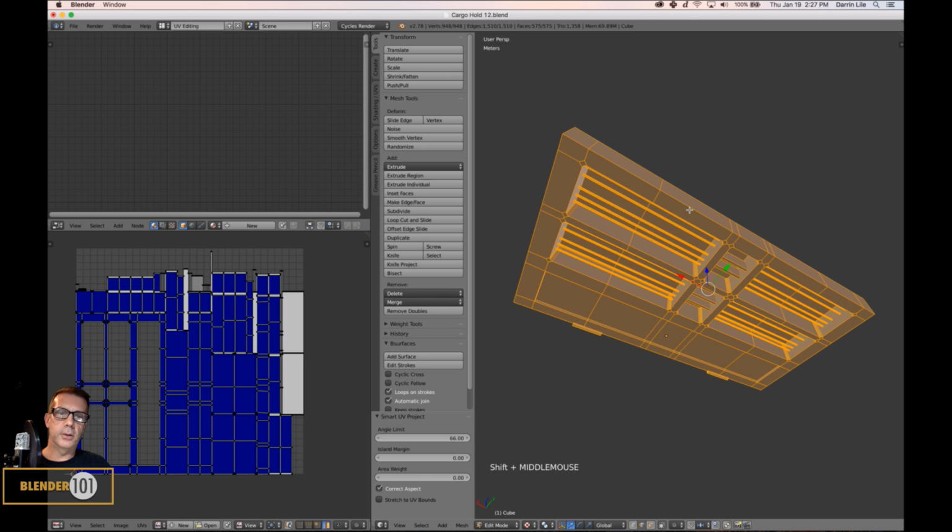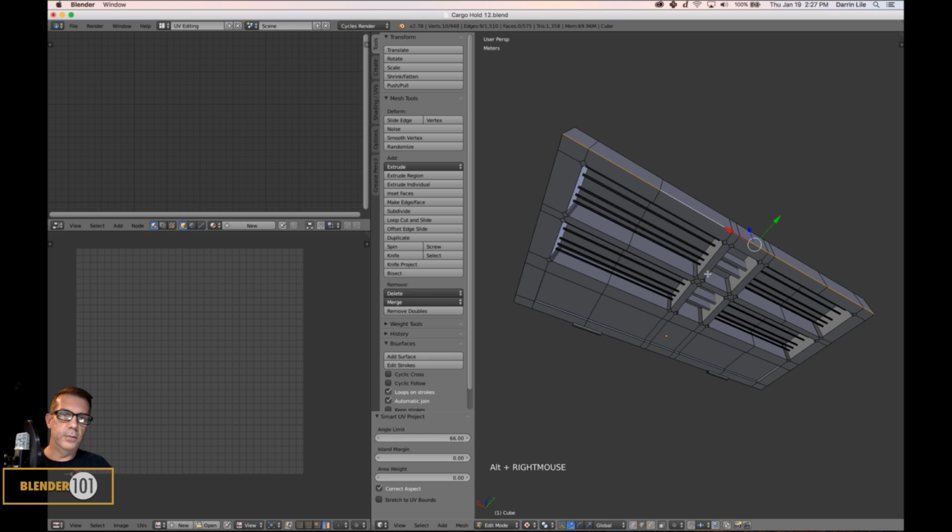So what I guess I'll do is I'll go ahead and UV it like this, and then I'll just use Smart UV Project for the poles, maybe. Let's try that. Don't know why it did that. So I will try this. I will try and split it out